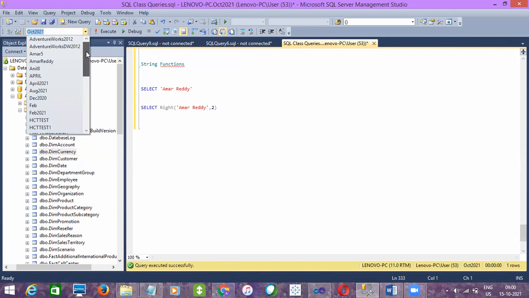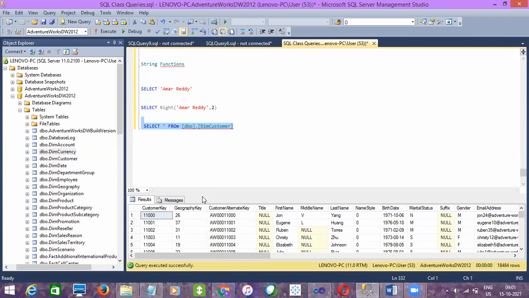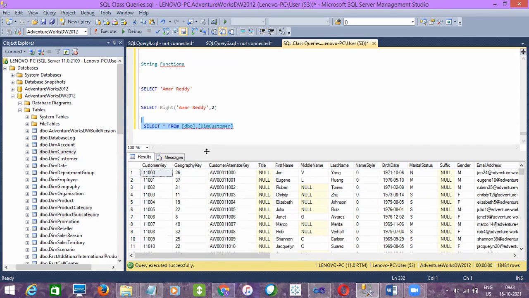If you want to use it on a table, there is a table called dim customer. Select star from table name. Here, if you want to fetch left of only 3 values, you don't want to display the name at full length.